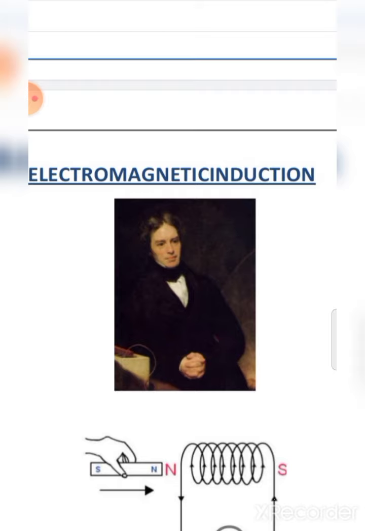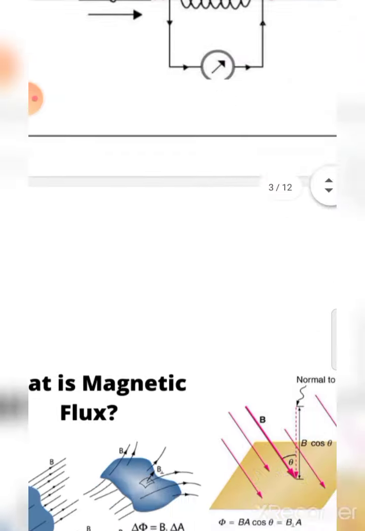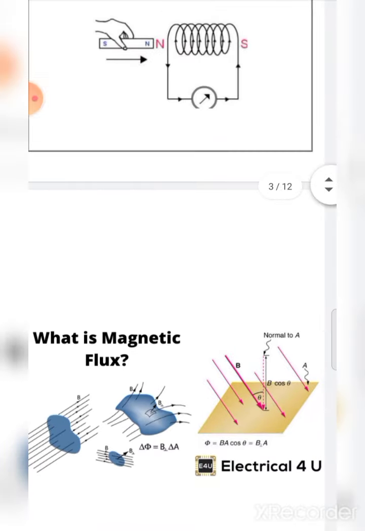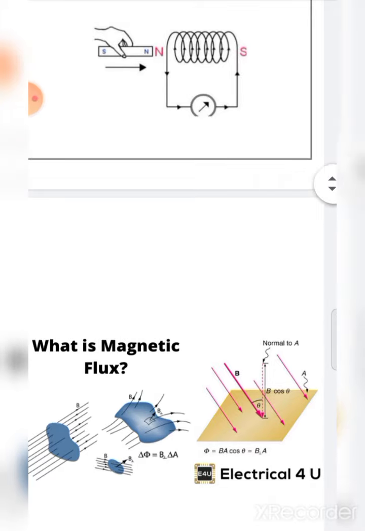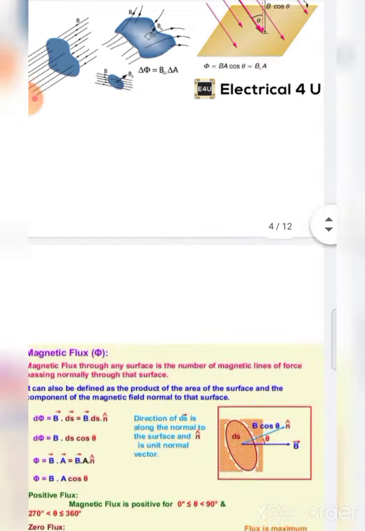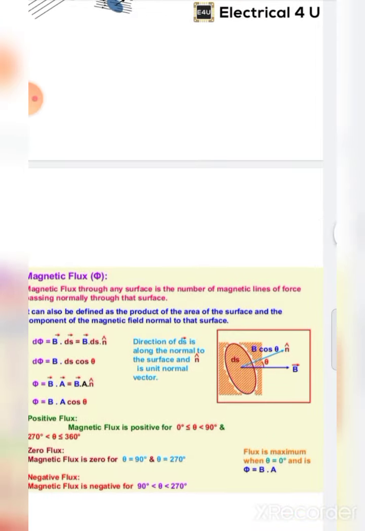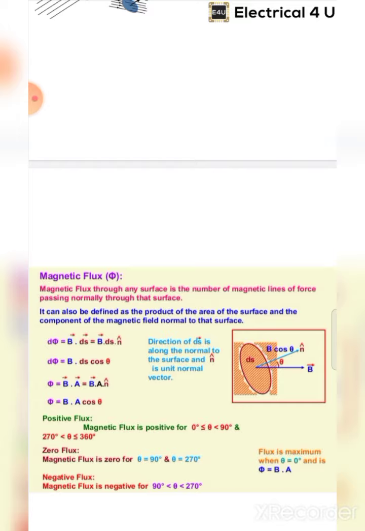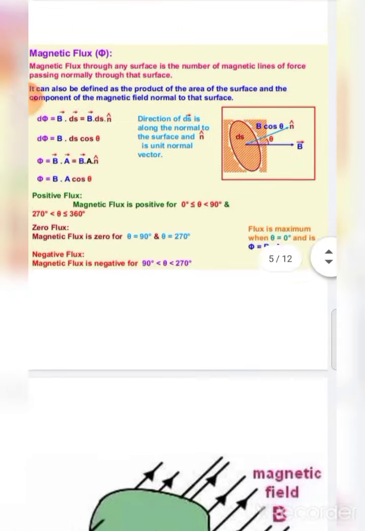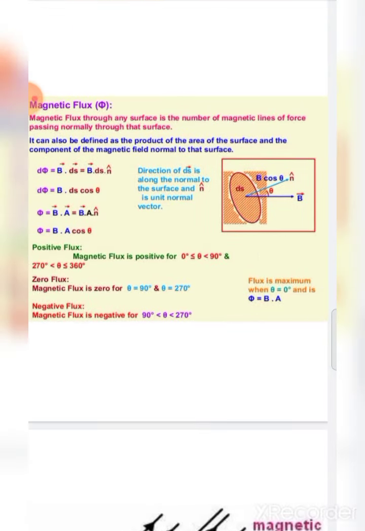In this definition, we come across an important word, that is magnetic flux. So first of all, let us see magnetic flux. Magnetic flux means the number of magnetic lines of force passing through a particular area. The diagram explains the same. There is a particular area, and the number of magnetic lines of force passing through that area is called magnetic flux. It is represented by the symbol phi B. And the equation is also given, that is phi is equal to integral B vector dot dA vector.